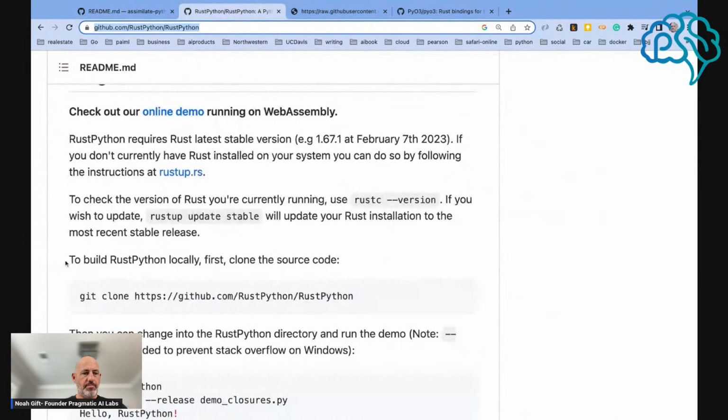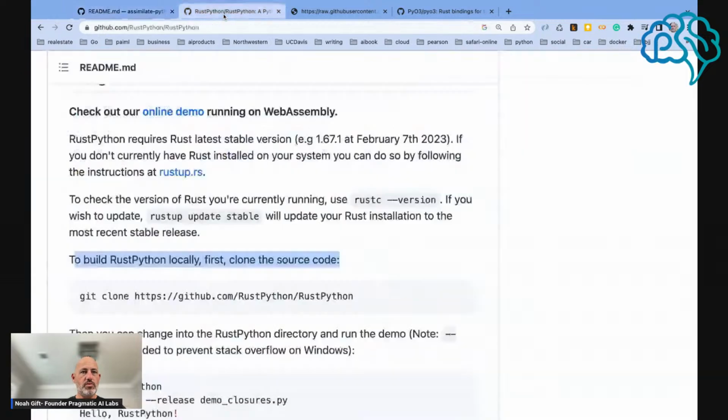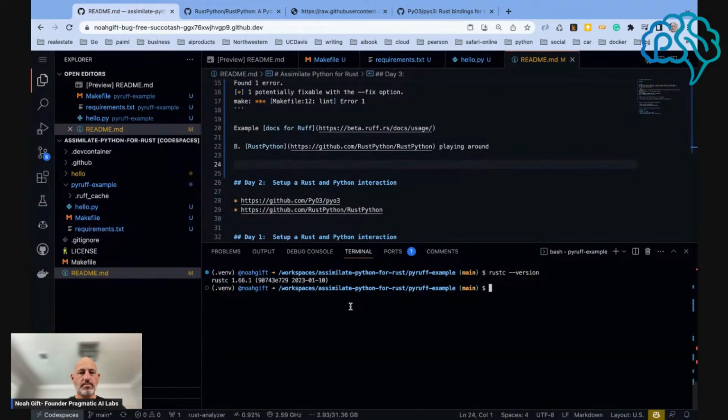So what do you do? To build it locally, to check the version of Rust you're using, RustPython requires the latest version of Rust. Wow. So let's try this. So let's try. Do we have rustc 1.66? So that's not the latest version. Whoa. So we need to do rustup update stable. So let's go up a directory,